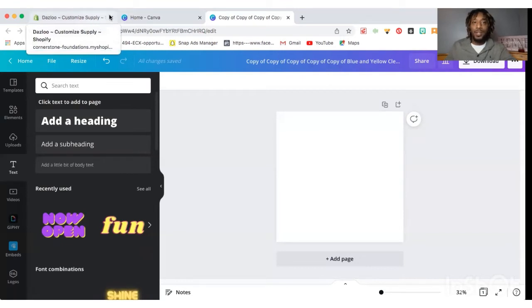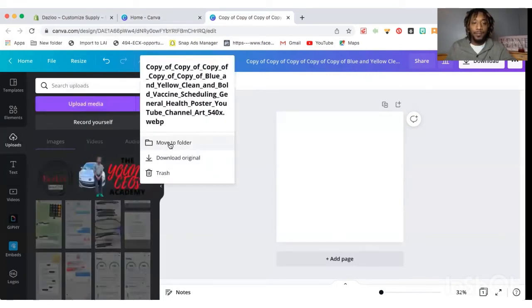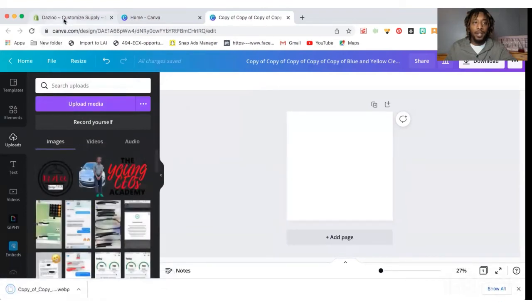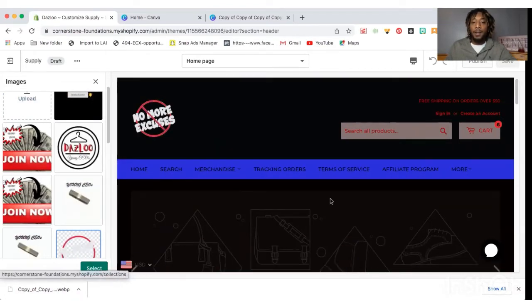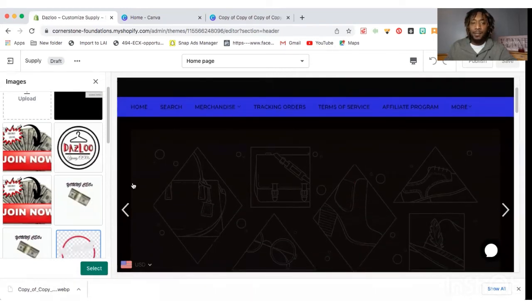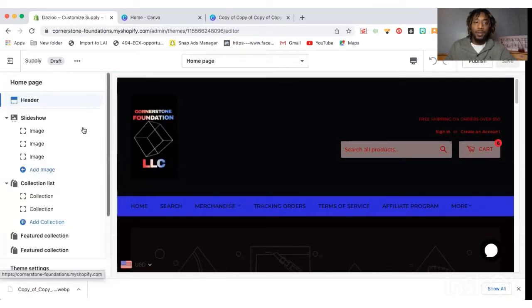Like I said, many people are using this right now, and it has many features that allow you to really optimize on building a product page or a website, right? Because you're able to do a lot of customization with Canva. And then you can take those photos, download them, and move them to your website. Now, this would be a logo image, so it's not going to fit here, but these are some of the many things that you can do with Canva. So basically you're going to create your images there and then transfer them to your website where you're able to upload the images.